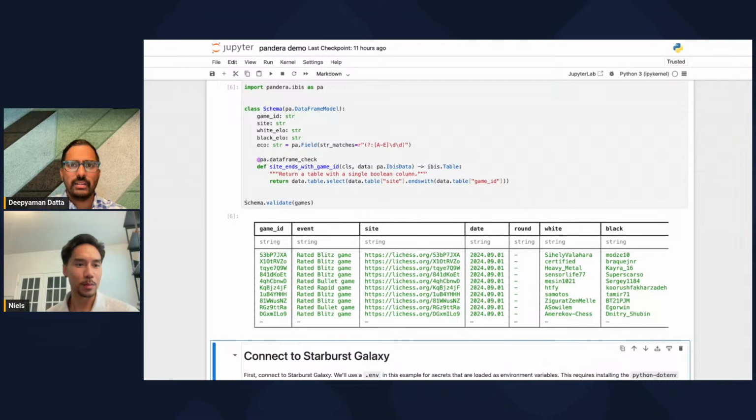And just a quick note here about the opinion that Pandera makes: by default, it will take the data as is. So it kind of gets out of your way, in the sense that for the most part, you're responsible for getting that games table into the right format.